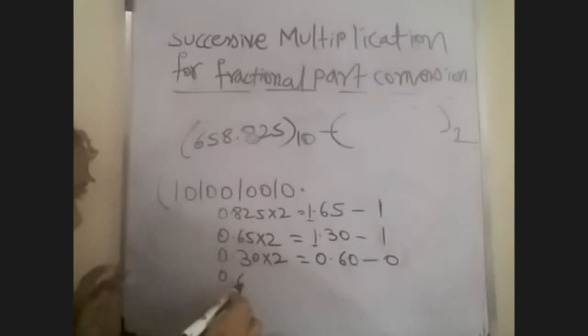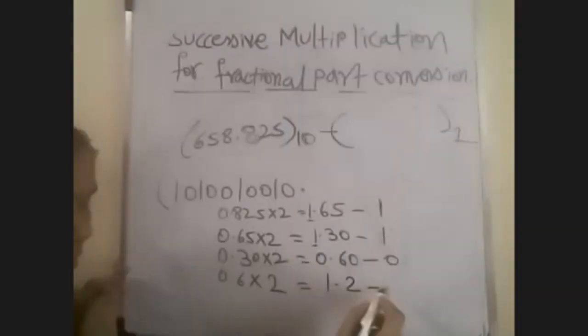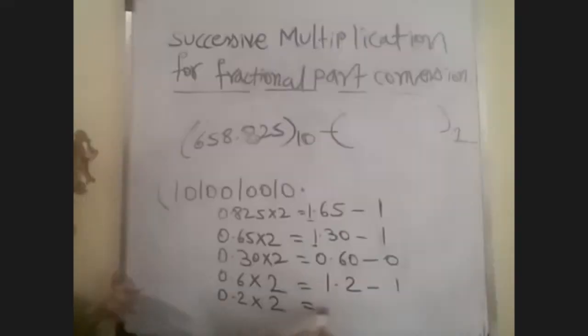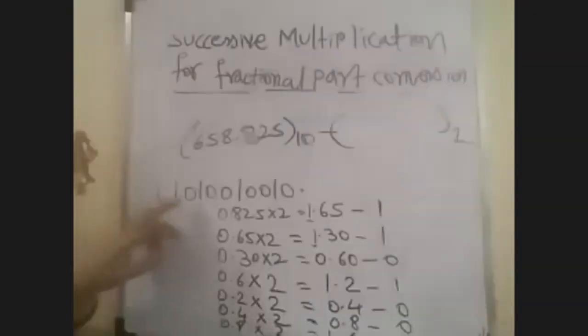0.6, that is okay. So next, again 0.6 into 2, 1.2. So here 1. Again here 0.2. 0.2 into 2, 0.4. Again 0.4 into 2, 0.8. Again 0.8 into 2, 1.6. So clearly here you can observe